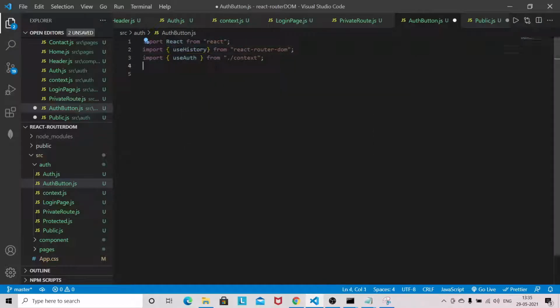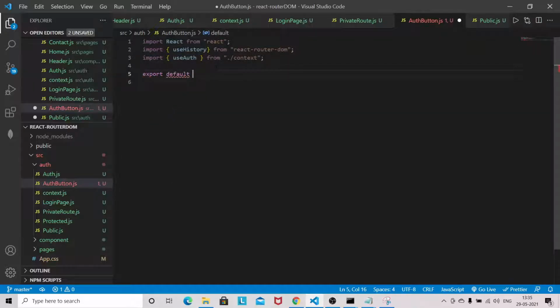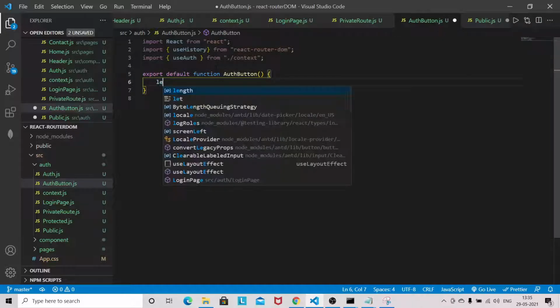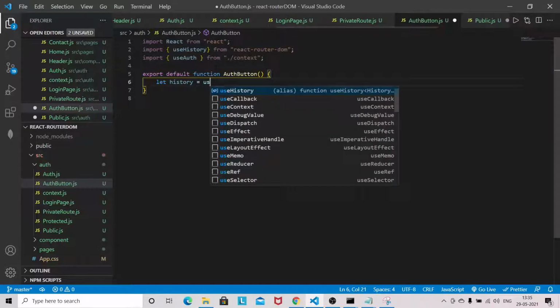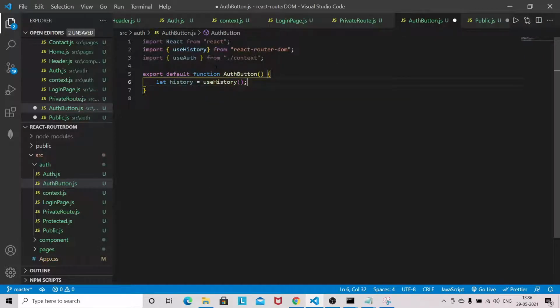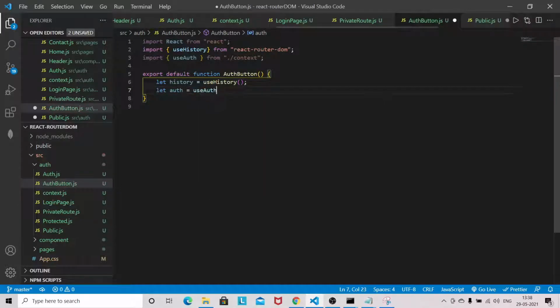Use history, export default function auth button, let history. So we need auth here as well, the auth context.